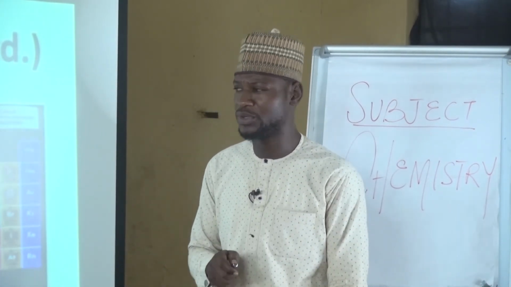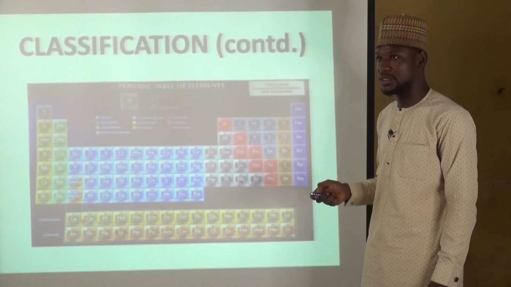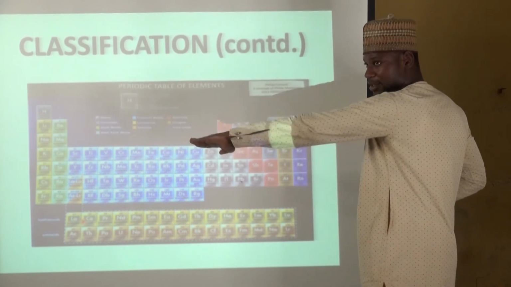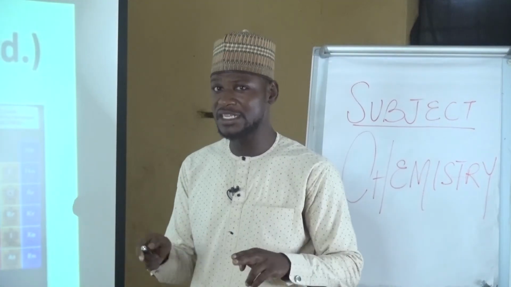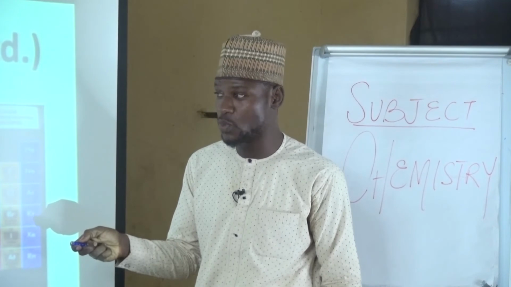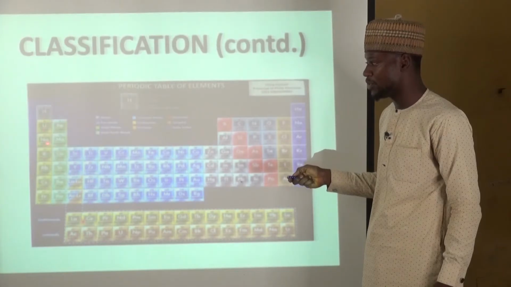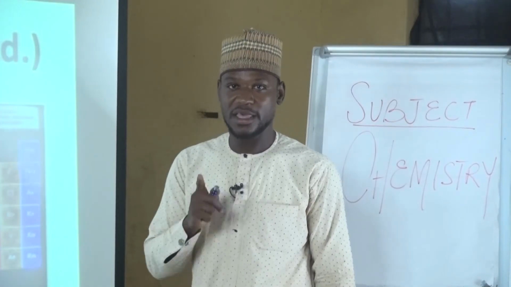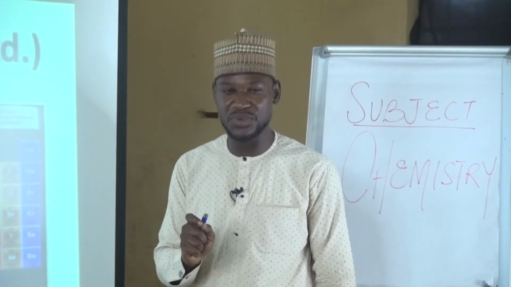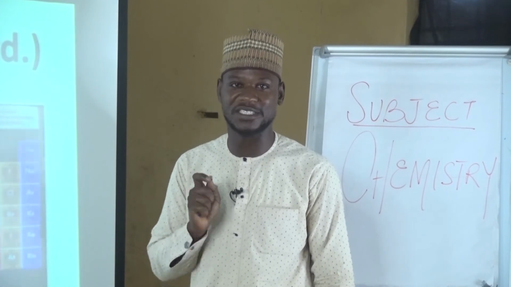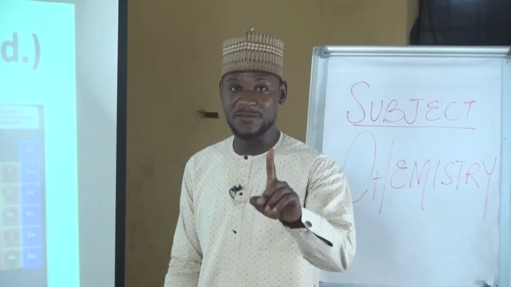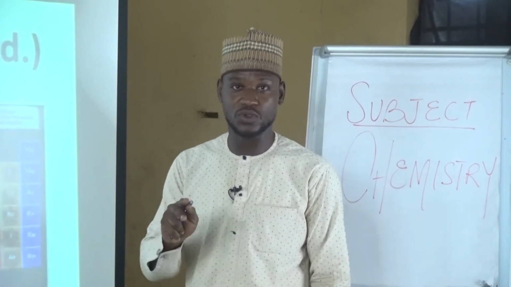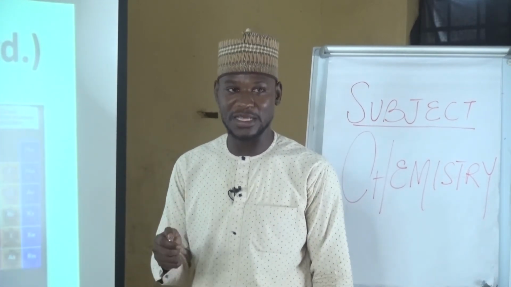But before I go to periodicity, then we have the periods. The periods are the horizontal relationship, horizontal in a straight line like this. A horizontal relationship gives rise to period, which is period 1, period 2, period 3, up to period 7. It is important to note that elements are said to be in the same period when they have the same number of shells. All the elements that have only 1 shell belong to period 1. Those that have 2 shells belong to period 2, and so on and so forth.